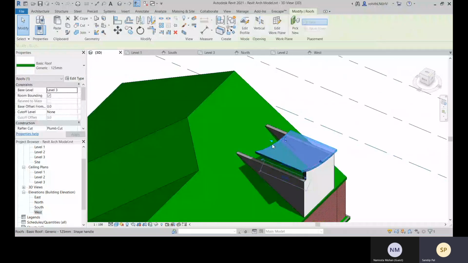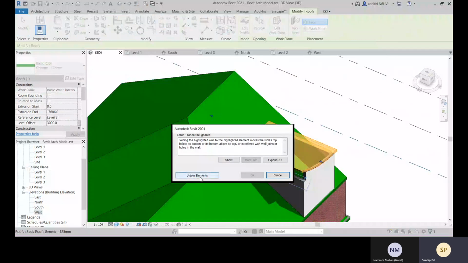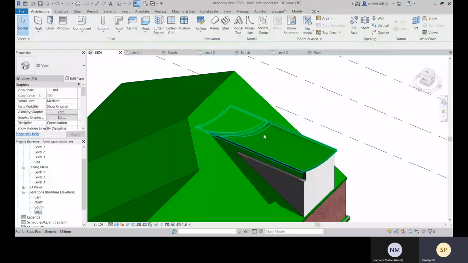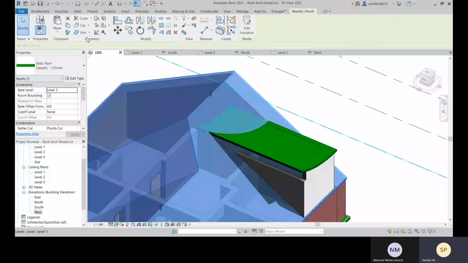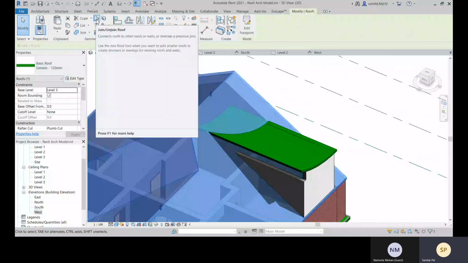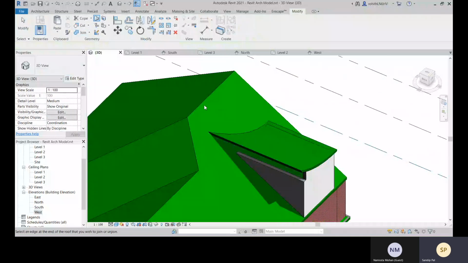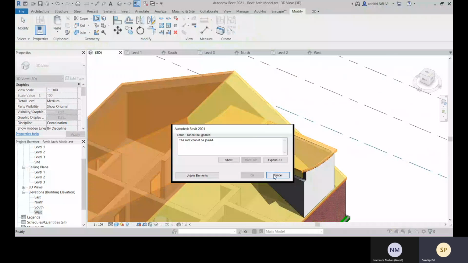Come to this join geometry, select this as first, then for that what you can do is go with this unjoin elements. Now select this, come to this one, join or unjoin roof. So this will be selected first, and this will be selected.